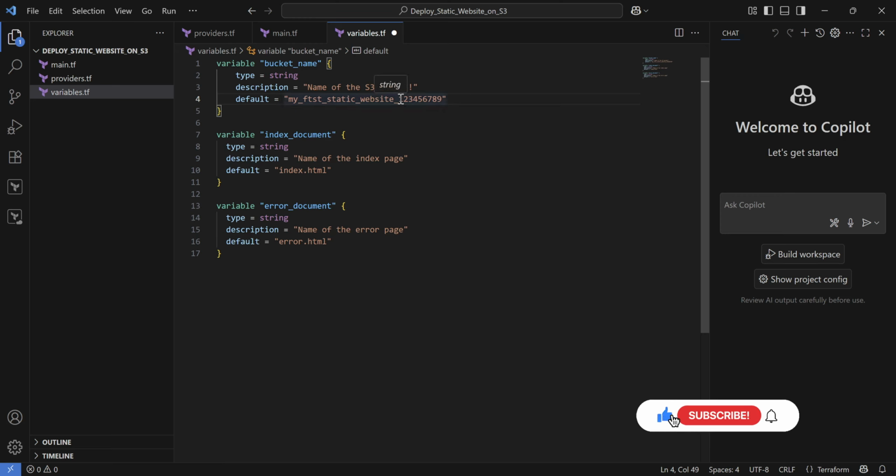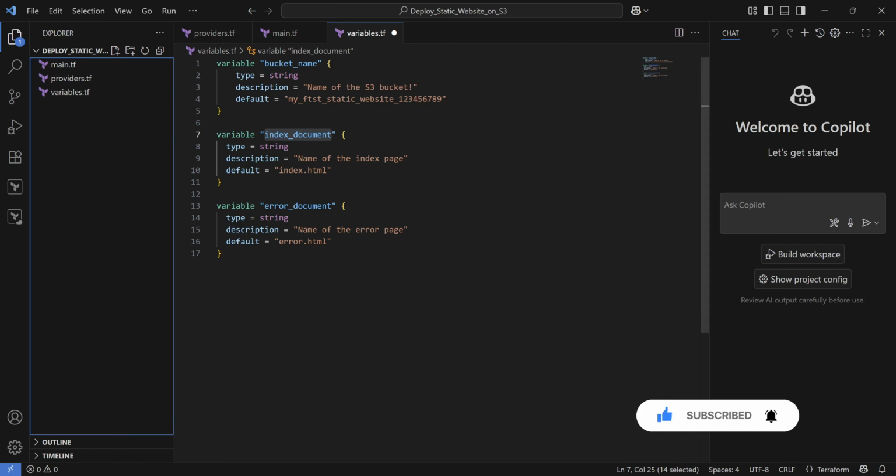So I am making my bucket name unique. Probably adding a few numbers after the bucket name will make it unique. I hope so it will. And then we have an index page. We have an index document where we have a default index page and the default error.html page, and that's it.